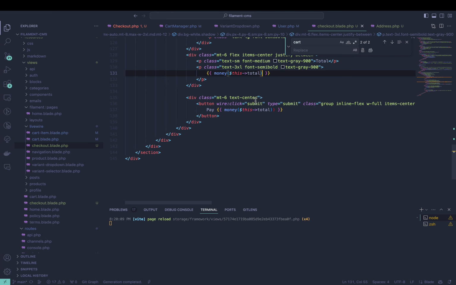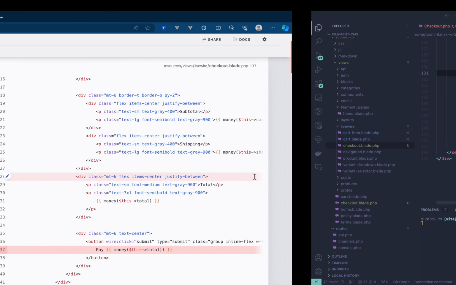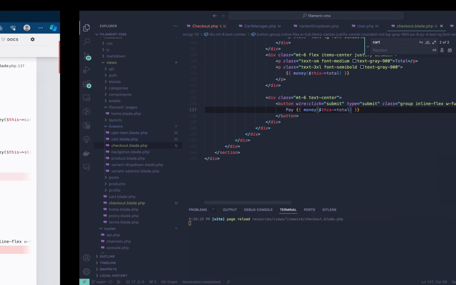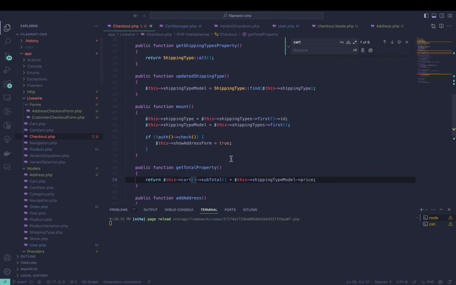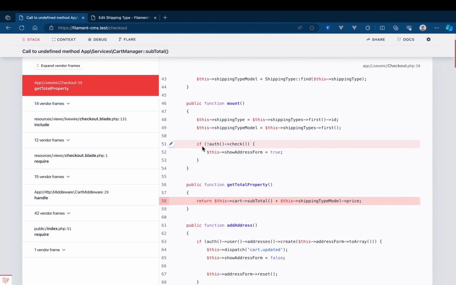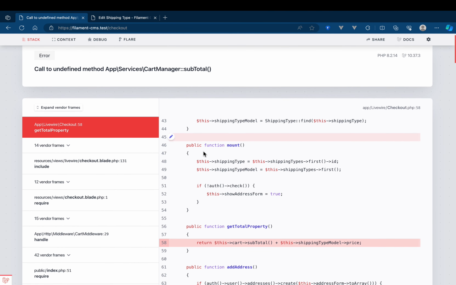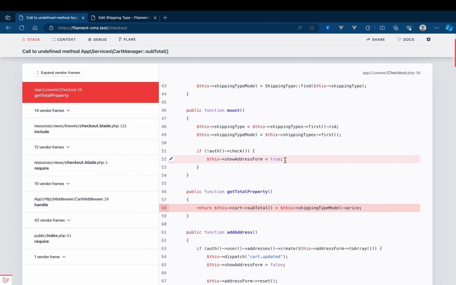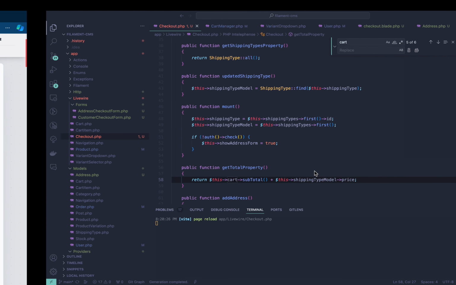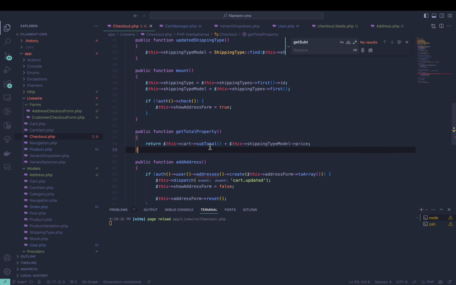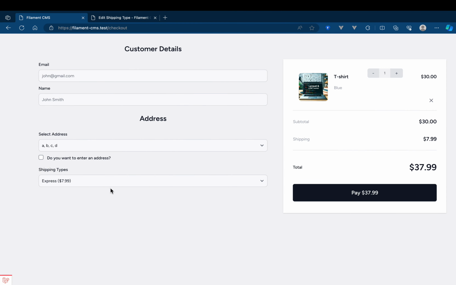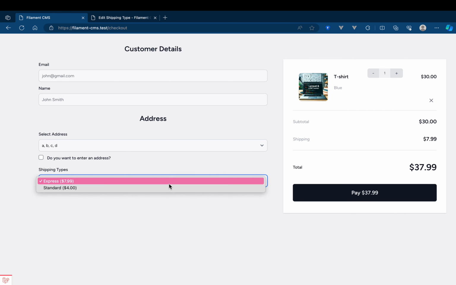Then we have an unexpected match. Down here, I believe we have one too many. And we want to go into the checkout one here and remove these as well. We want to call get subtotal instead of just calling subtotal. And there we go. So now we have the ability to essentially calculate the price automatically depending on the shipping